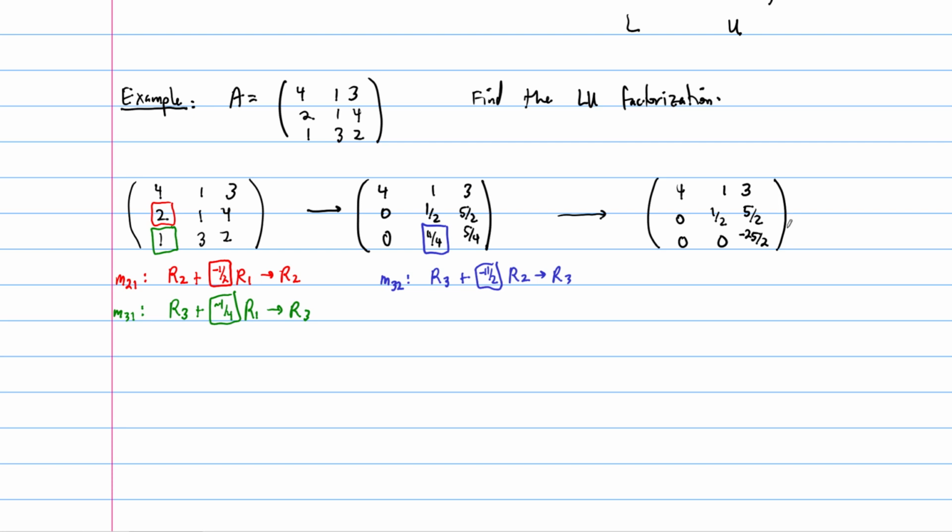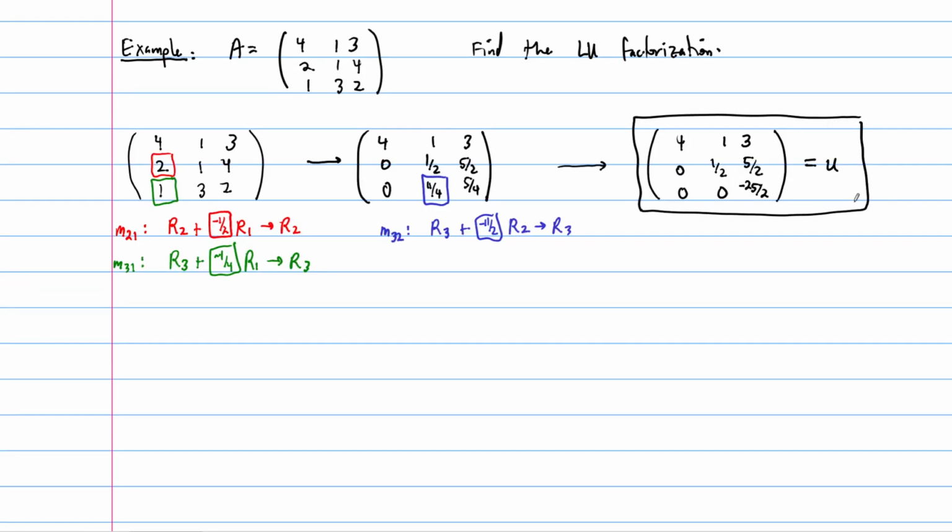Okay, and so this is our upper triangular matrix. So this is the U. This was half of our goal, right? So this is our U. And remember, the way that we set out to get this was we were trying to find M times A to give us U. And the M is going to be a lower triangular,